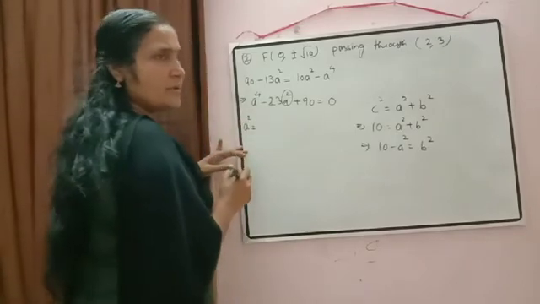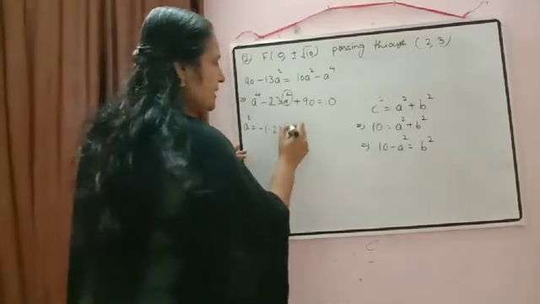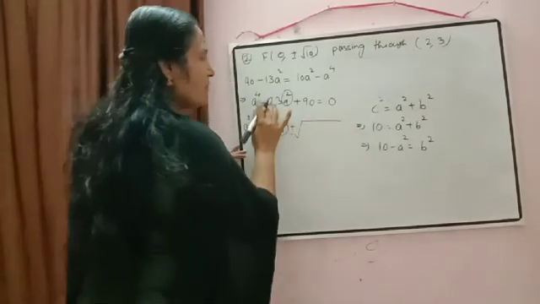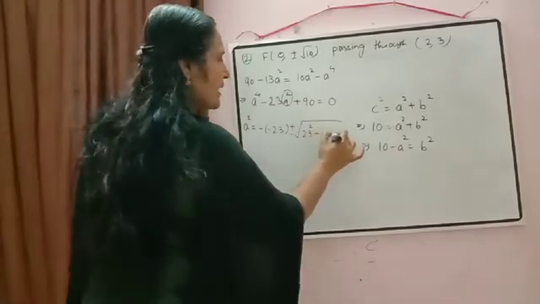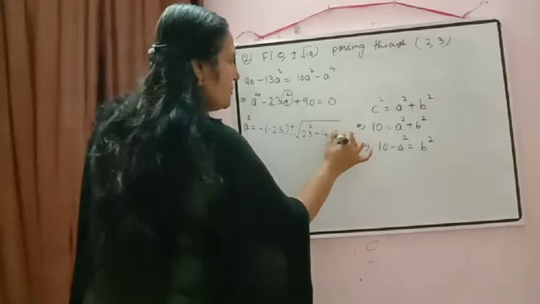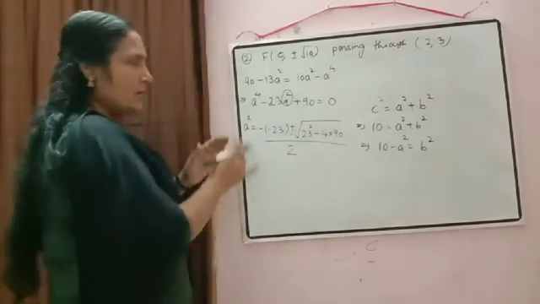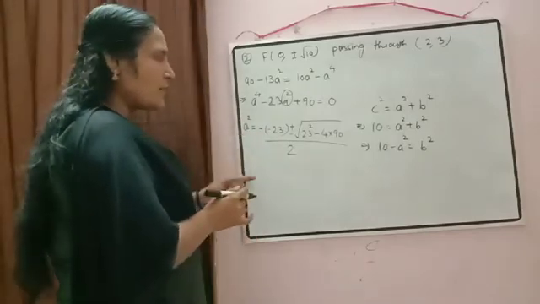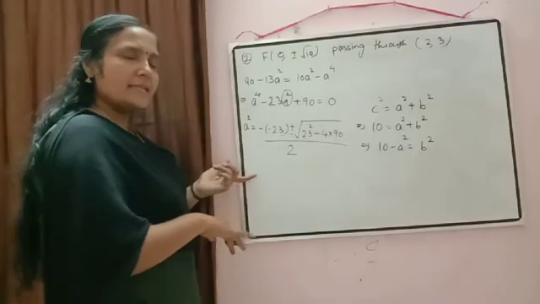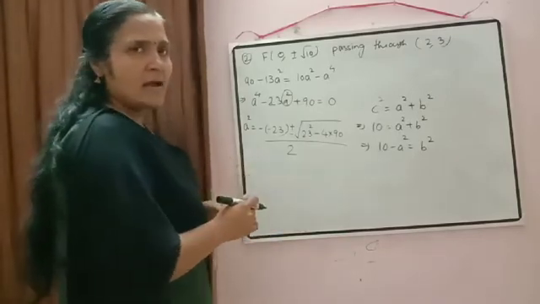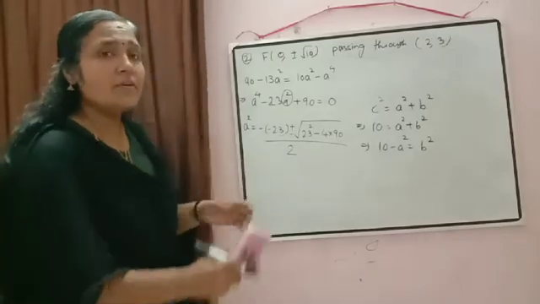a square is equal to minus b, then it will be equal to minus of minus 23 plus or minus square root of b square, that is 23 square minus 4ac, 4 into 1 into 90, by 2a. So by 2. Okay, so this formula also you can use. So a square, two values will come. You just check. If the positive value is there, take that only. Negative value we can avoid there. Okay. And otherwise you can use, yes, what we can use?